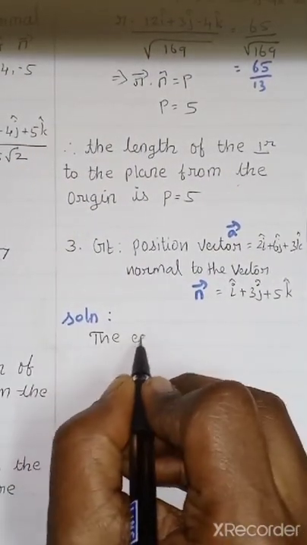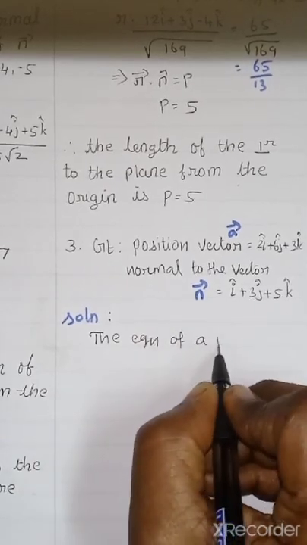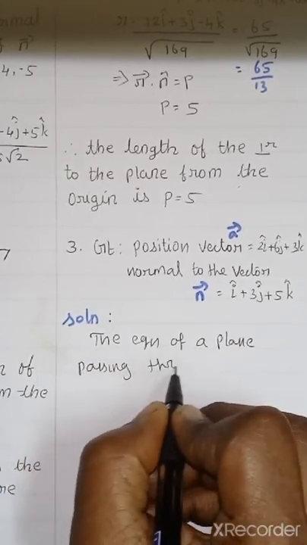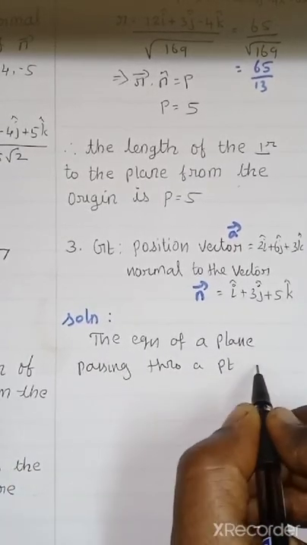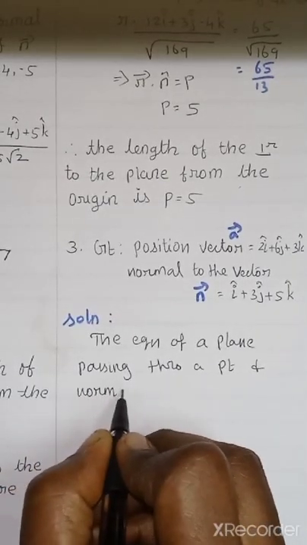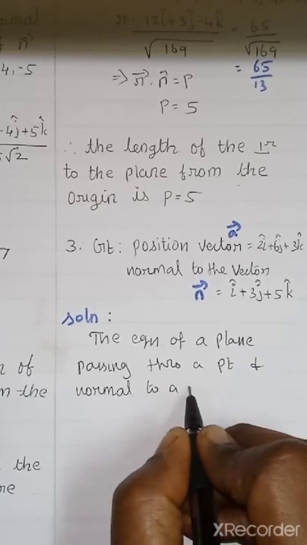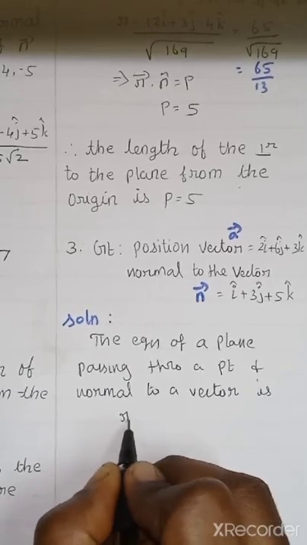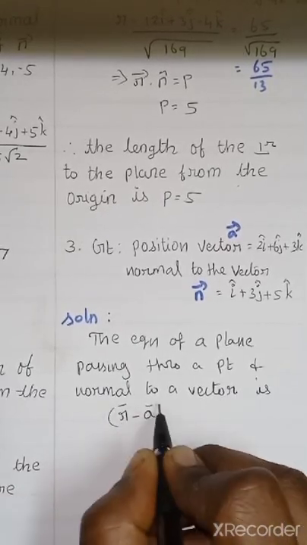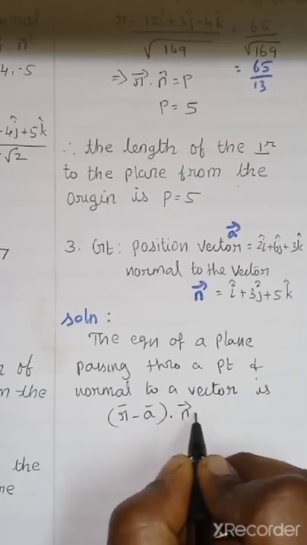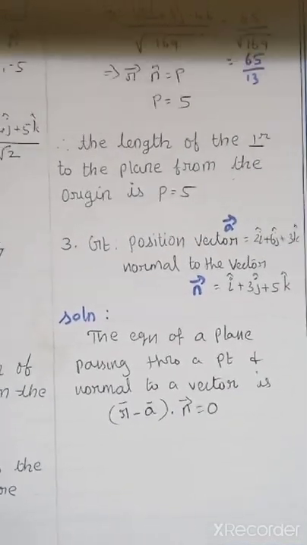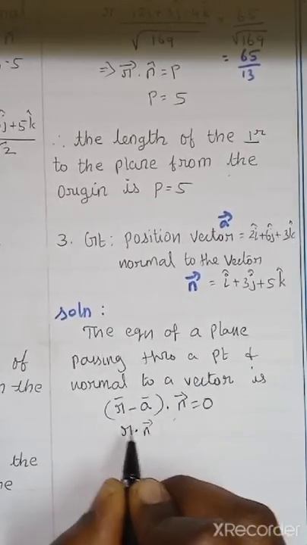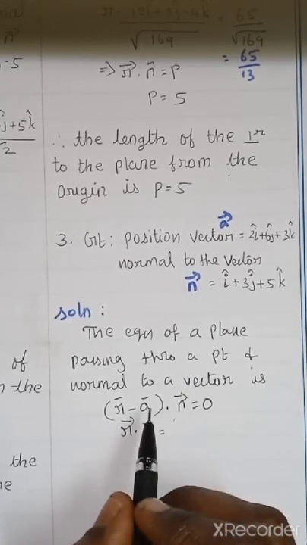The equation of a plane passing through a point and normal to a vector. Passing through a point and normal to the vector, what is the formula? (r vector minus a vector) dot n vector equal to 0. Correct? So this we can take as r dot n, which is equal to